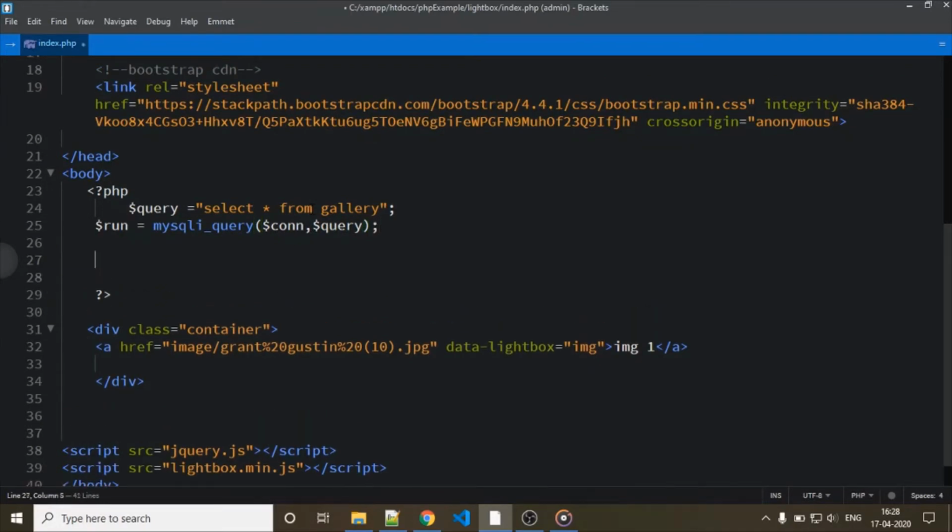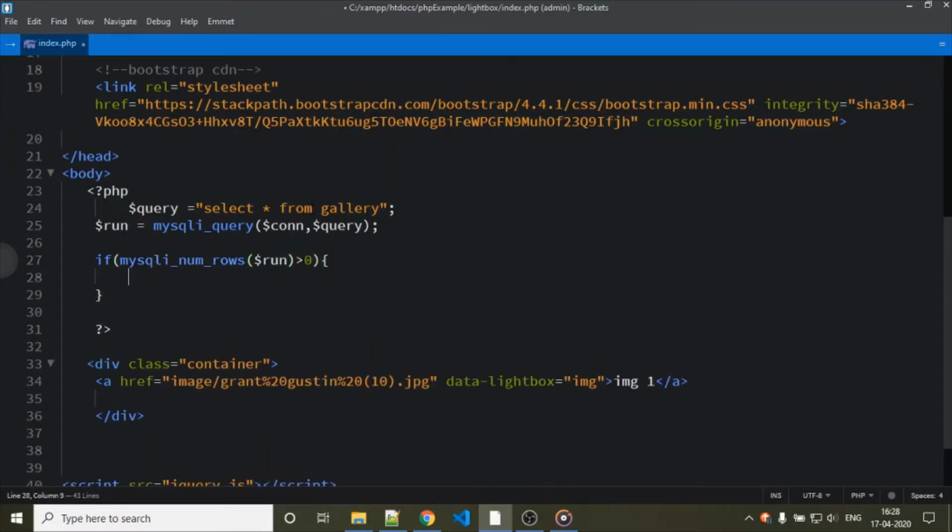We are checking whether the number of records existing in the database is more than zero. So if mysqli_num_rows, which requires one parameter, the query run object variable, is greater than 0, then we run the rest of it.